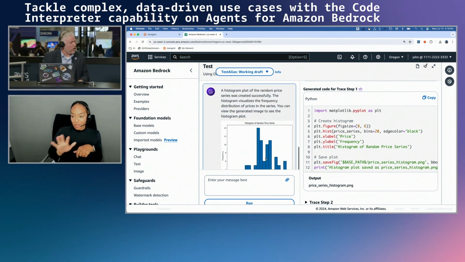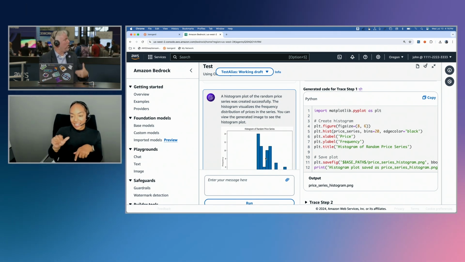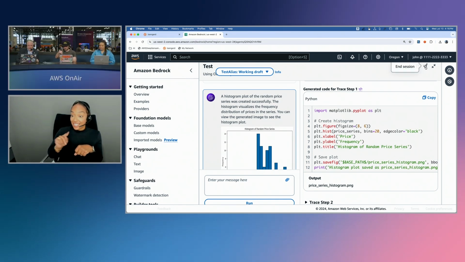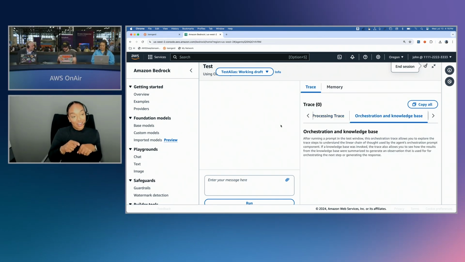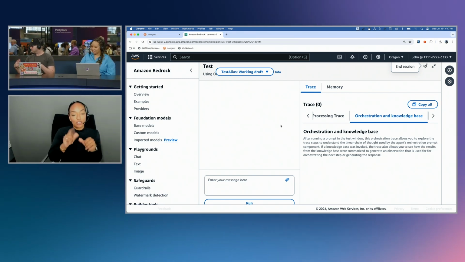So, playing with random data is a lot of fun. But when you can pull in real data, that's even more fun, isn't it? Actually, we've got some chats coming in. Somebody in chat wants to build an agent that can pull in daily metrics of customer usage and group them by different categories. It's pretty interesting.